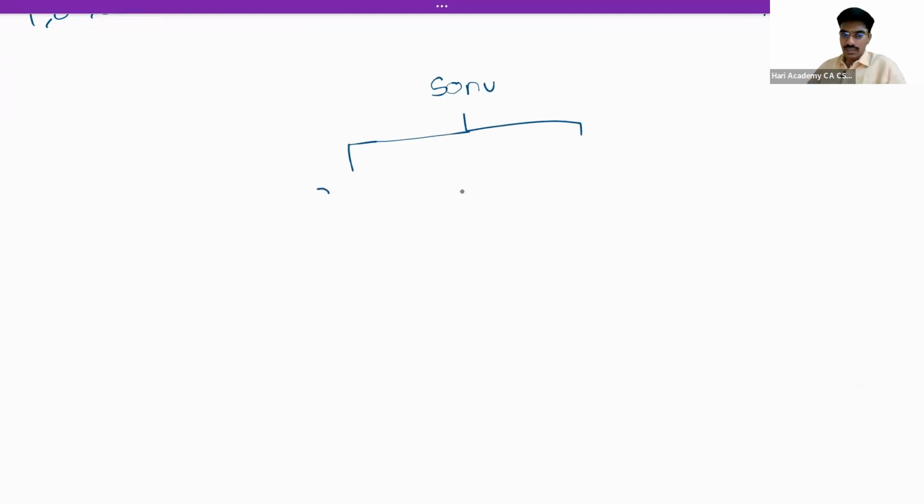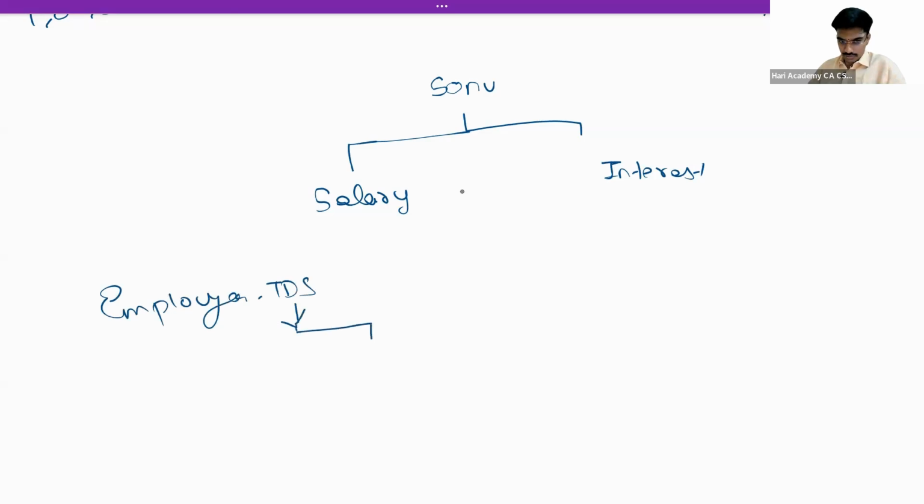One is salary and the other one is, for example, interest. Now it is the responsibility of the employer to deduct TDS on two things: salary, which is compulsory,